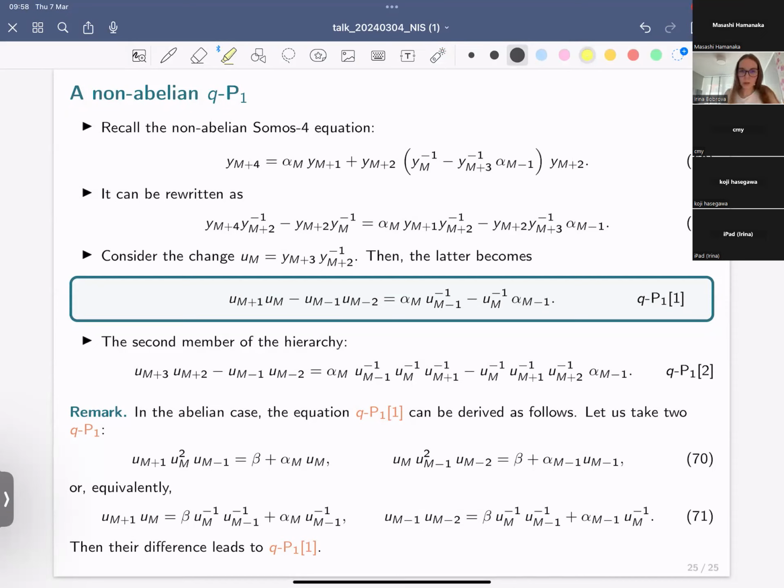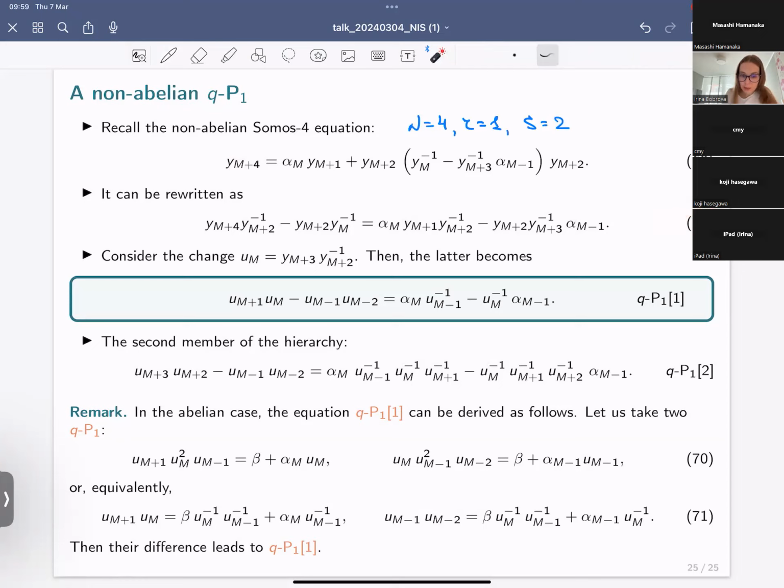So let us do this procedure for the first member of the Painlevé one hierarchy. Recall that when we fix parameters as n equal to 4, r equal to 1, and s equal to 2, we obtain the non-abelian Thomson 4 equation. Then, in order to use a change of variables, let us first rewrite it in the form